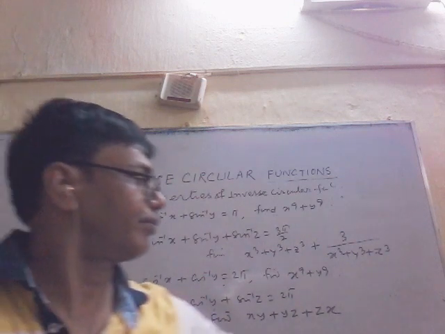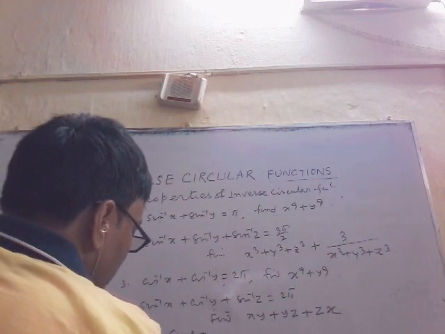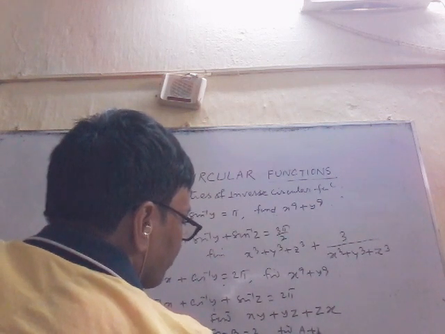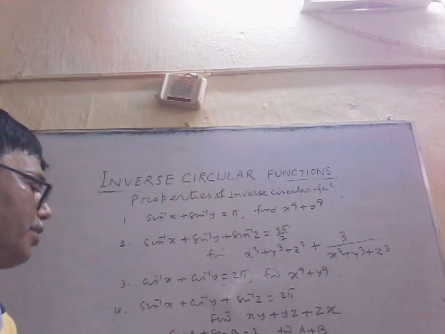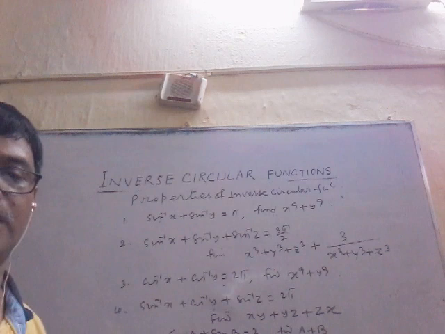Now look, how to solve this type of problem? In class 11, you know, if sin A plus sin B equals 2, find A plus B. So you know, the maximum value of sin A is 1, and the maximum value of sin B is 1. So this relation is true when we take the maximum values, that is A is 90, B is 90. So what is the value of A plus B? 90 plus 90.